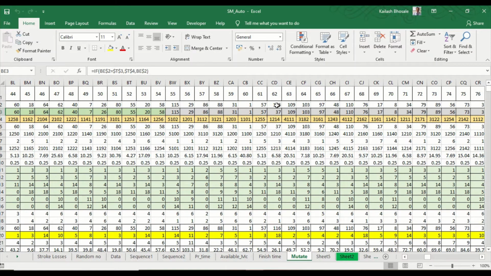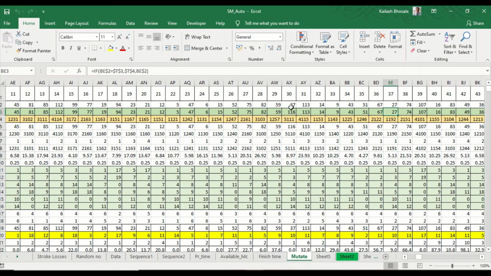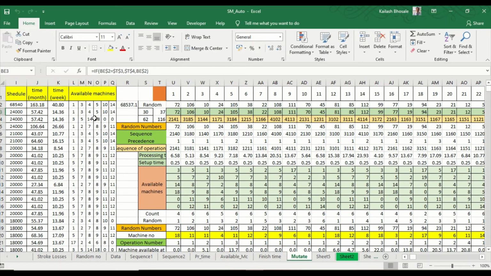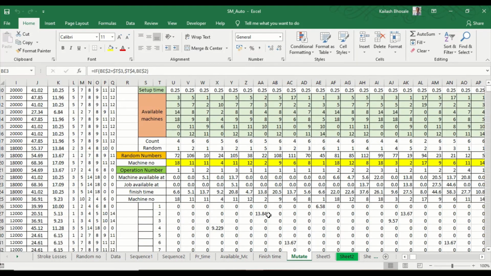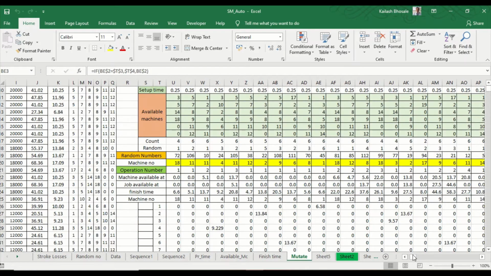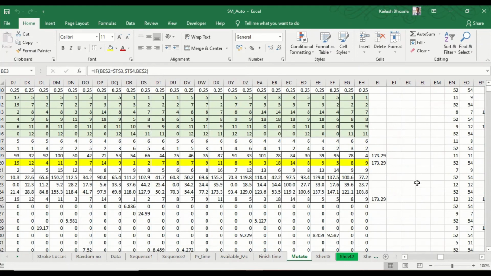The 116 number is replaced with 37, and in the 30th row, 37 is replaced with 116. So in the case of mutation, we just make the swap. In this way we can find the solution in the neighborhood. In the last row we get the total sequence of operations, and finally the total time required.